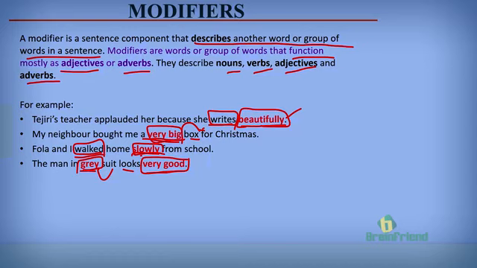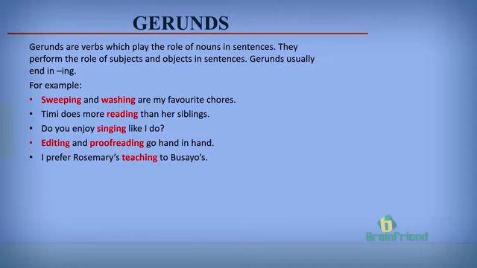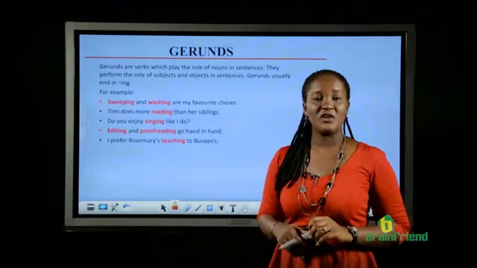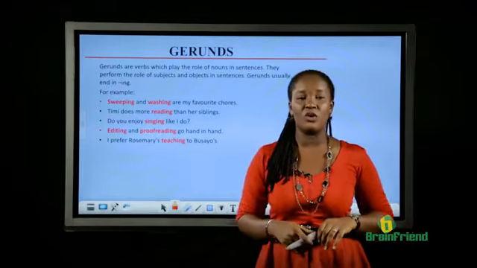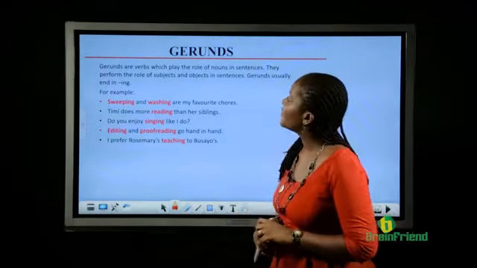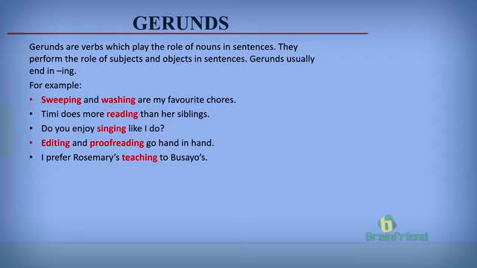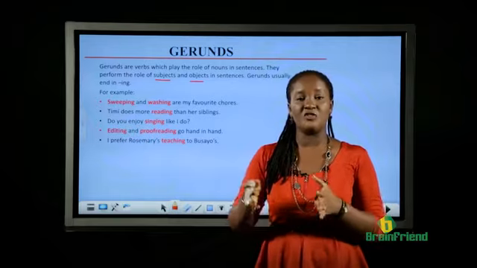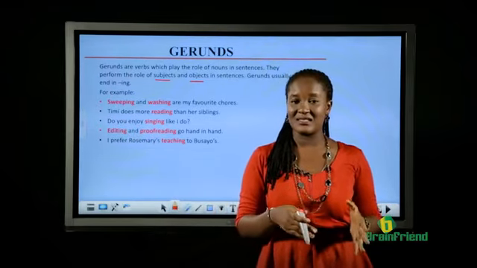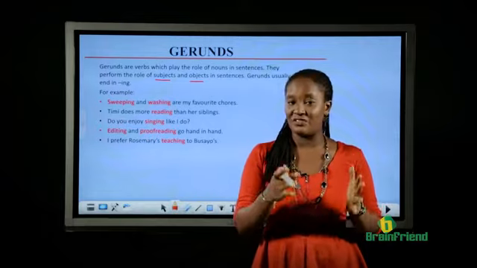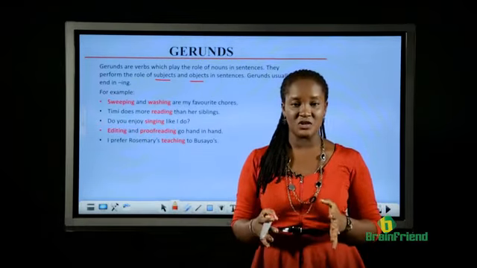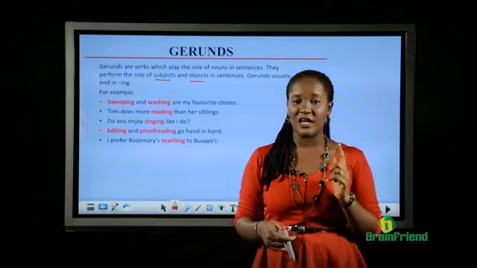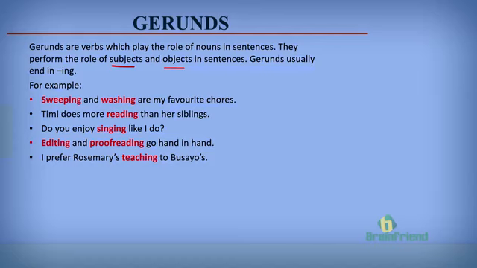Modifiers are also components of sentences. Another component of sentences we will look at are gerunds. What are gerunds? Gerunds are simply verbs that play the role of nouns in sentences. And so, they perform the role of subjects and objects in sentences. Nouns occupy the position of subjects or objects in sentences. So because gerunds play the role of nouns, they also occupy the position of the subject or object of the sentence. Gerunds usually end in